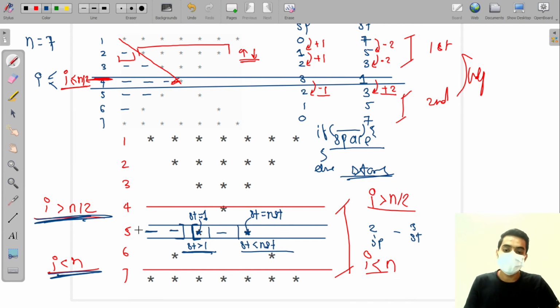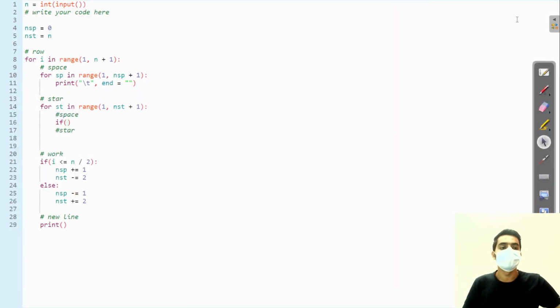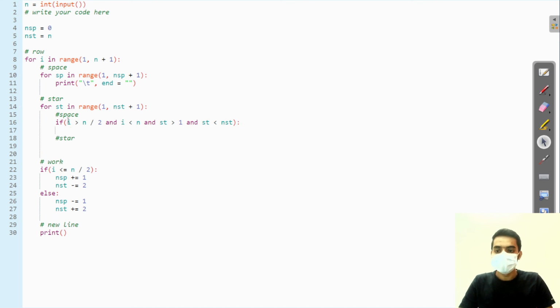If all these conditions are true, then print space here.